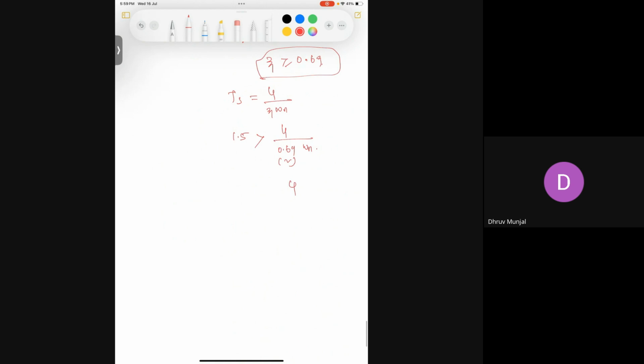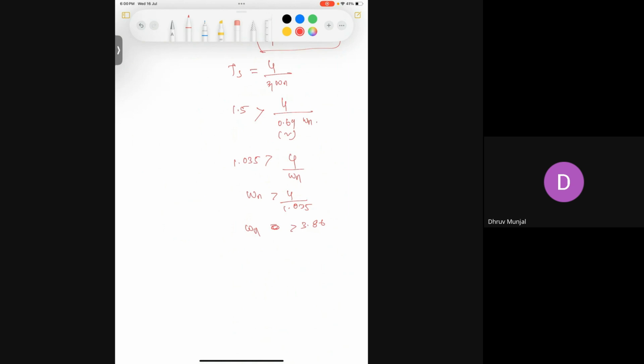1.30, it gives 1.035 greater than 4 by omega n. So omega n should be 4 by 1.035, whole divided by 1.035. Maybe around 3.86, some value around 3.86 it will give. So you know that